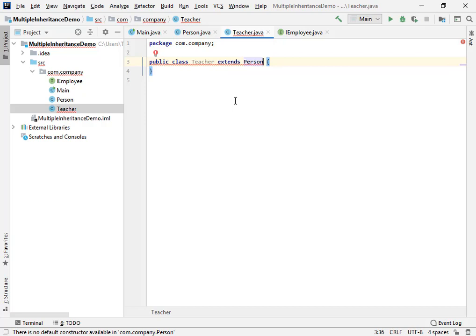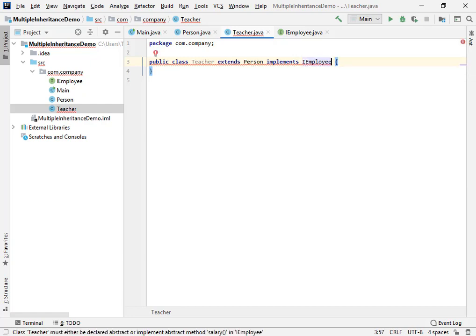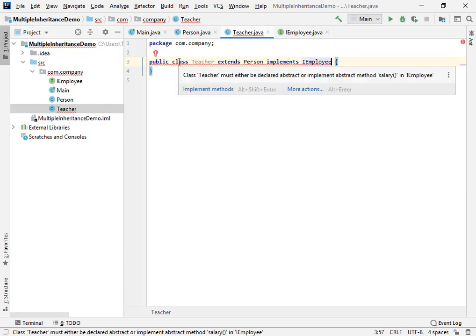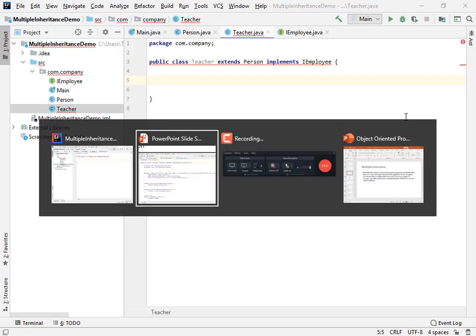It means that you are inheriting from the person class, and at the same time I'm also going to implement the employee interface. So now you can see we have this error. If I hover over it, it is telling us that you should declare or implement the abstract method which is available in the employee interface. So we're going to do this, but first of all let me